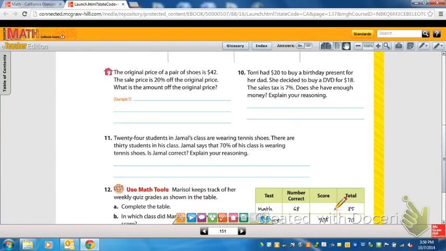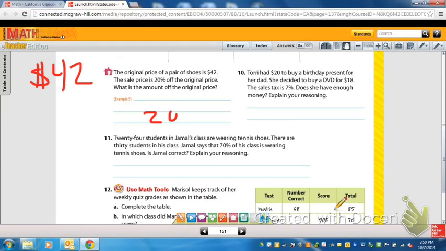Number 9 is a problem that they will be using forever to determine how much they can save on a sale priced item. So the original price is $42. The sale price is 20% off the original price. What is the amount off the original price? So we have $42